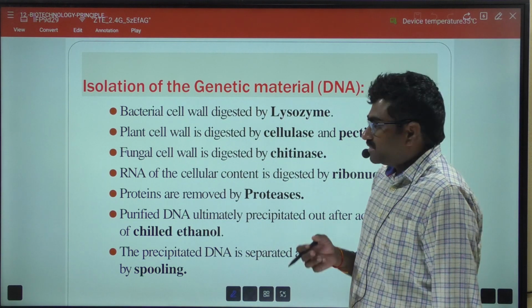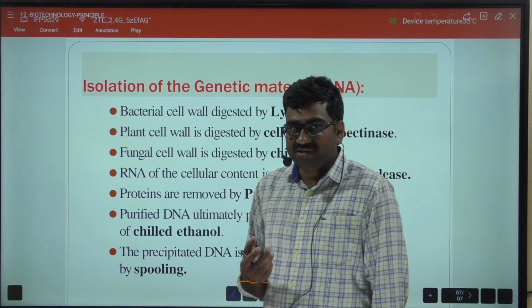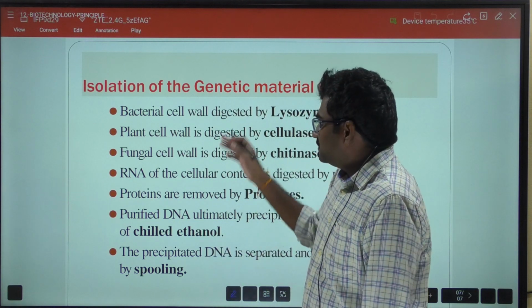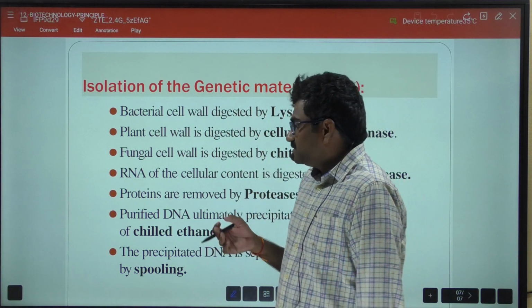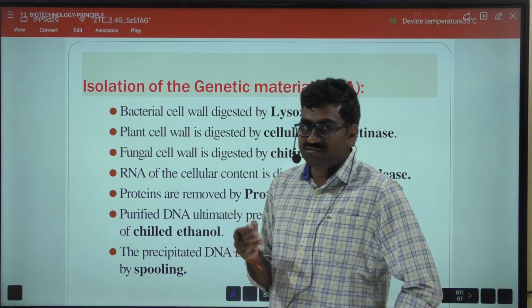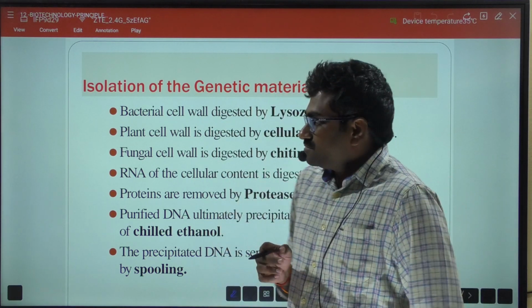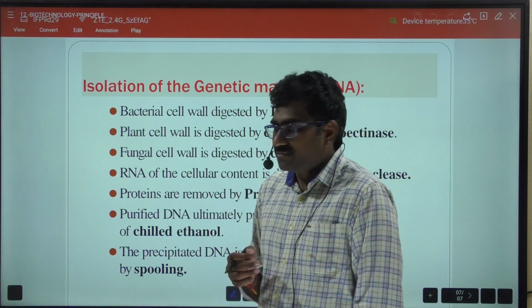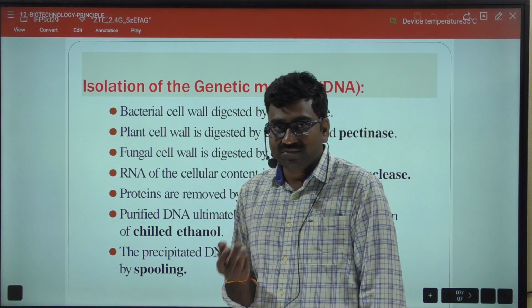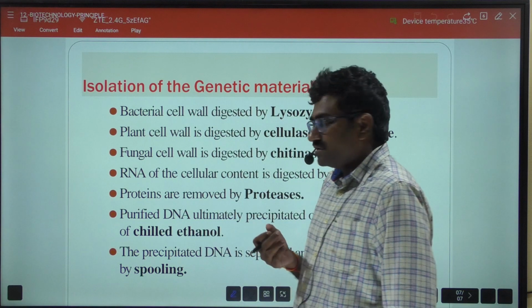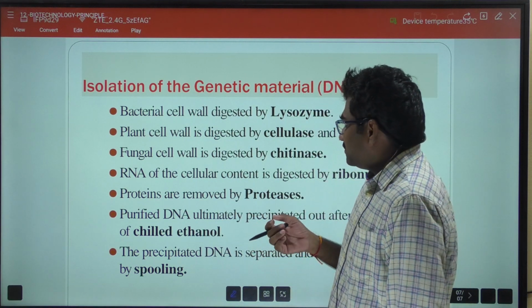So in order to isolate the DNA, the cell membrane or cell wall must be treated with these enzymes. Not only these enzymes, some detergents are also used to treat the cell wall or cell membrane, that is sodium